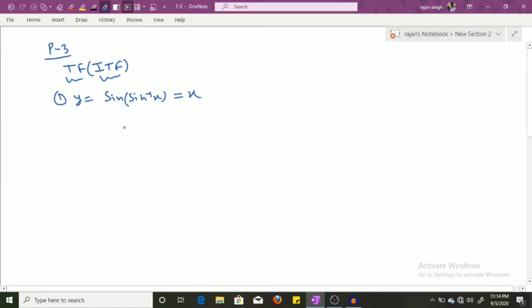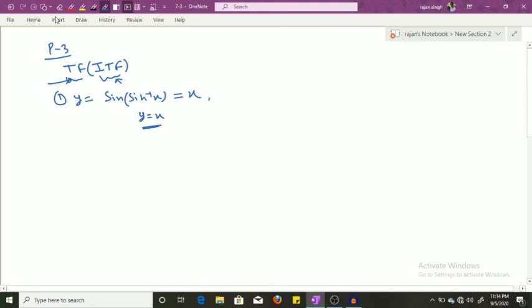Same for cos inverse, tan inverse, cot inverse. It means you can do this for all 6 trigonometric functions. But the condition is: trigonometric function outside, inverse trigonometric function inside. For domain and range we have to think. Ultimately y equal to x is written here. That thing we'll talk about later.